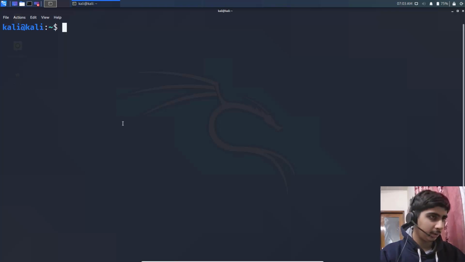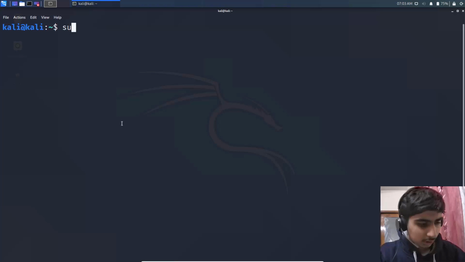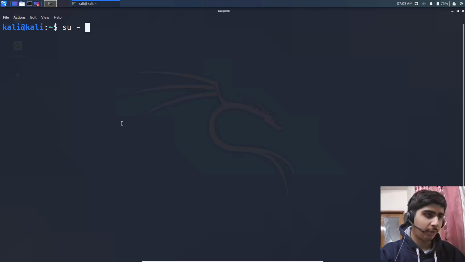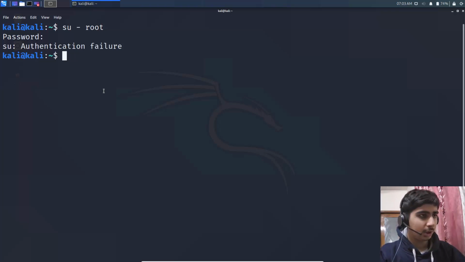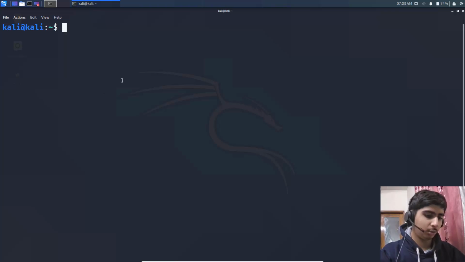The next command we are going to use is the su command. This allows us to switch users. But now we only have two users on this system, the Kali user and the root user. And by default, the root user does not have any password. So if I do su - root with an empty password, I will not be able to log in. Why? Because it is not allowing us to log in. It has no password and we are not allowed to log in. But